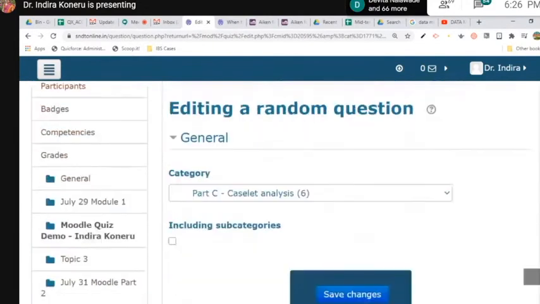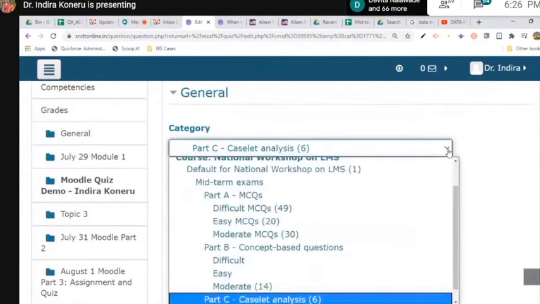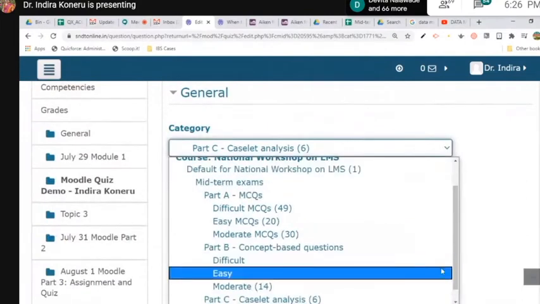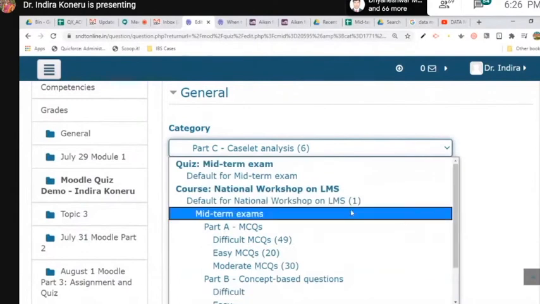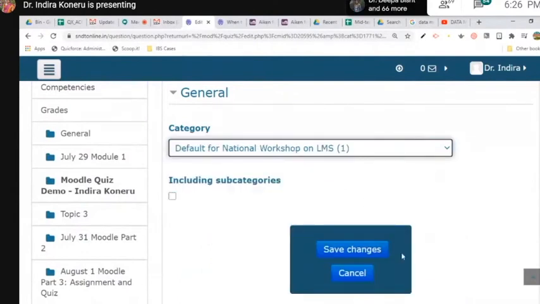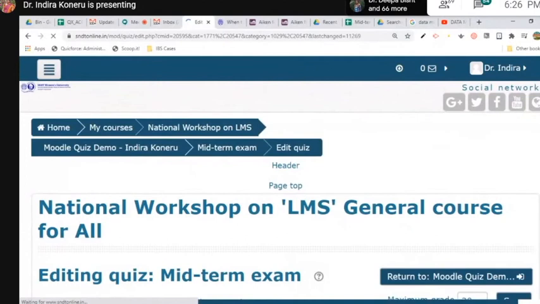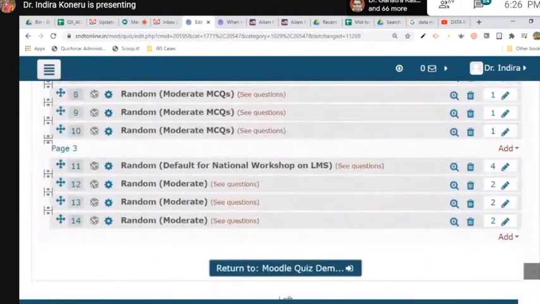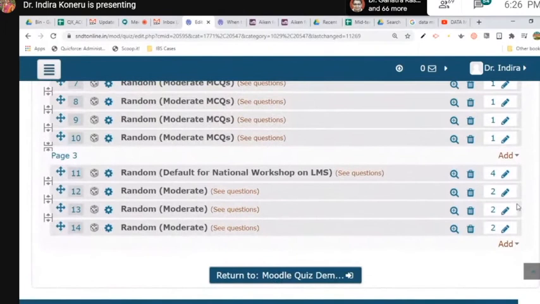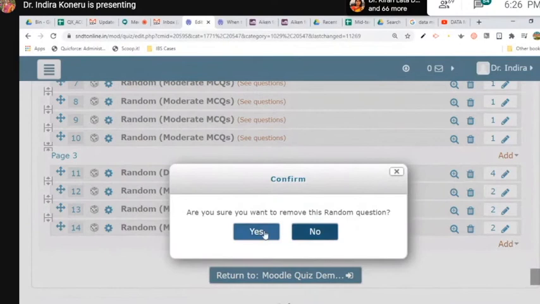I'll remove this from this category, and I can put something like parent category so that there will not be any confusion. I'll remove this.